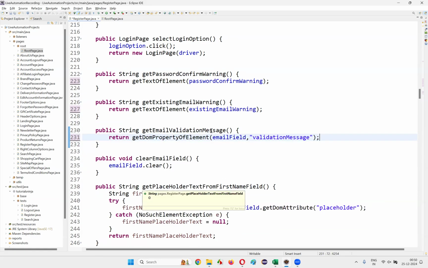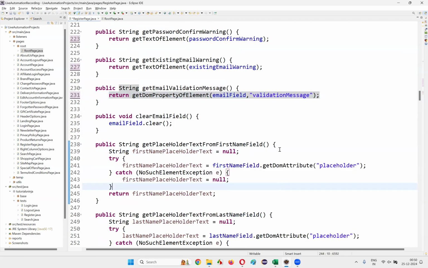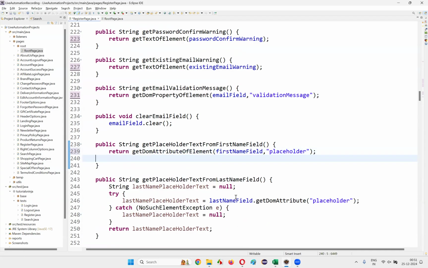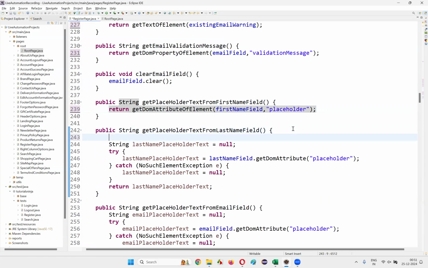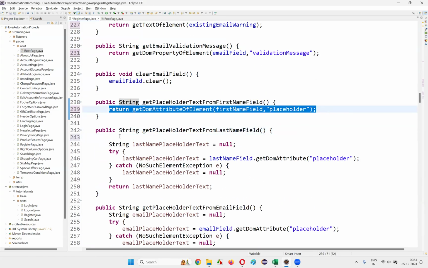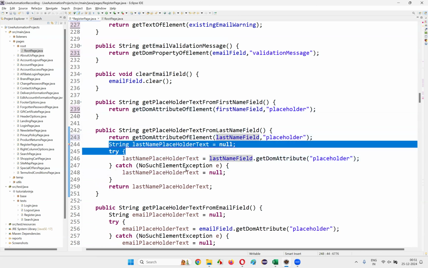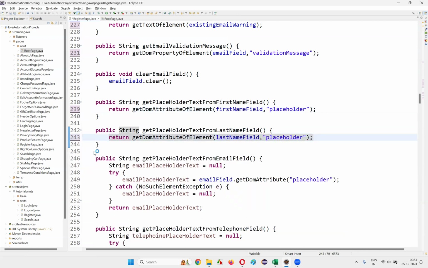Done. Then here, get DOM attribute. getDOMAttributeOfElement. You will just need to write getDOMAttributeOfElement. Put a semicolon here and write down first name field and say comma, and just write down placeholder here. Write down the placeholder here and say return. Done. These lines are not required anymore. And here, copy this line, paste it here. Last name field, same placeholder. Remove this part. Done. Copy this line,